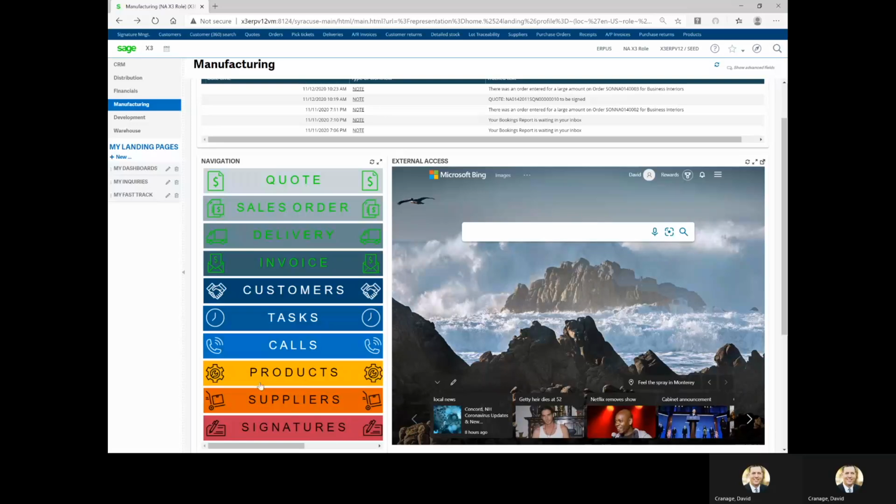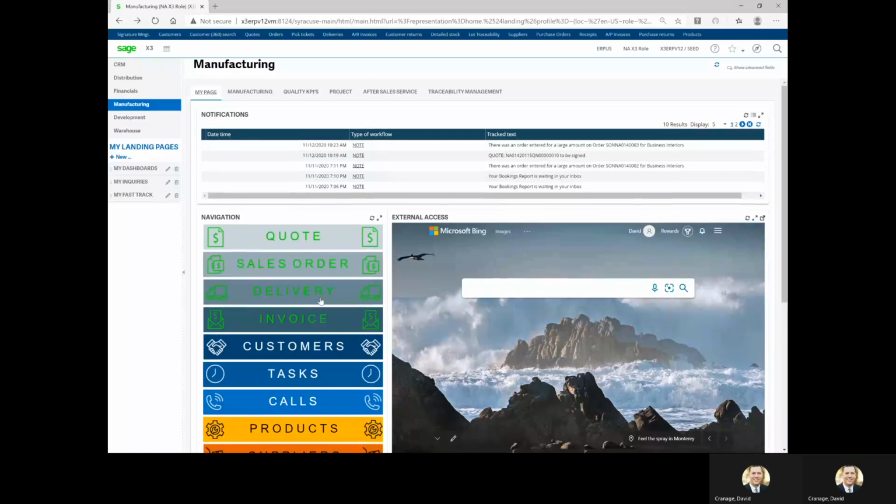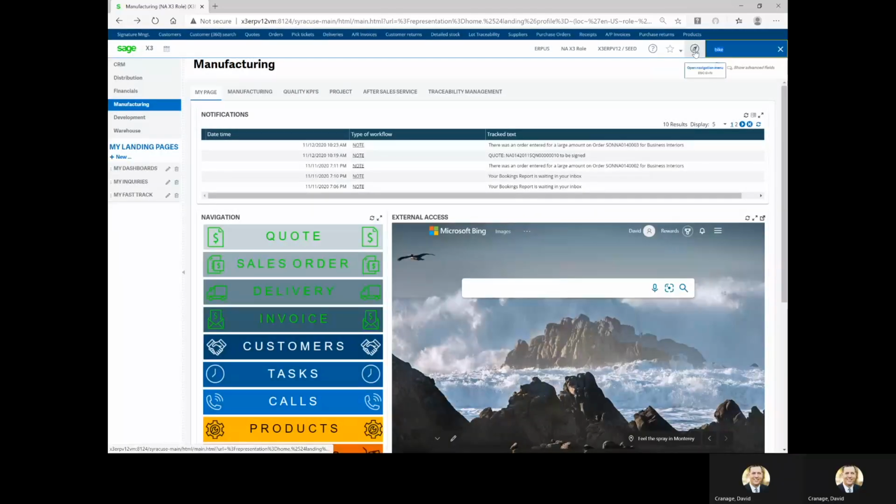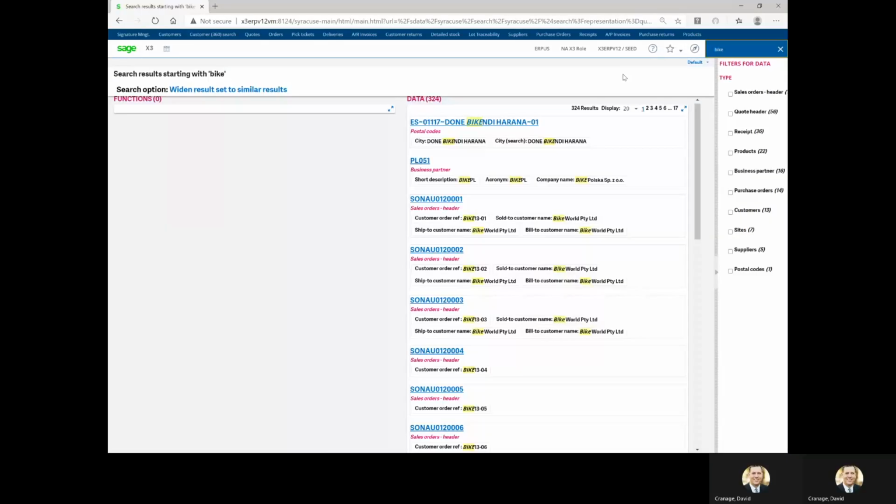So from here, let's actually do. I'm going to go back up to our toolbar, and I'm going to utilize this little search engine that we have up here, and I'm going to type bike, and I'm going to hit oops. There we go. And what we're using is a Google-like search engine built into X3. And the powerful thing here is, as we get used to using,